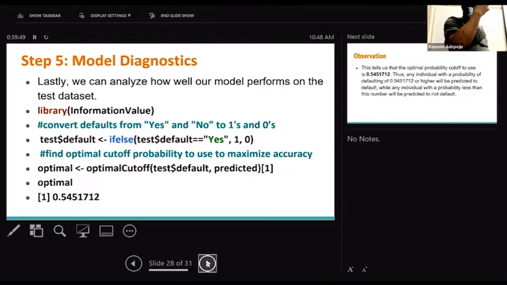But we have a code to calculate the optimal value for that. This is the code. And this is going to tell us anything above 54 point something percent, we're going to classify that person as a defaulter. The conventional one they use is above 50%, but you need to find the optimal cutoff probability to use to maximize accuracy,